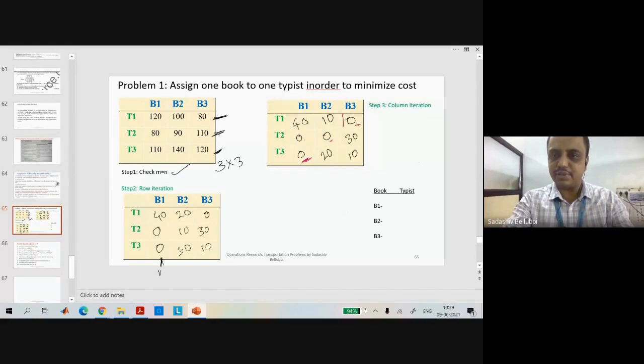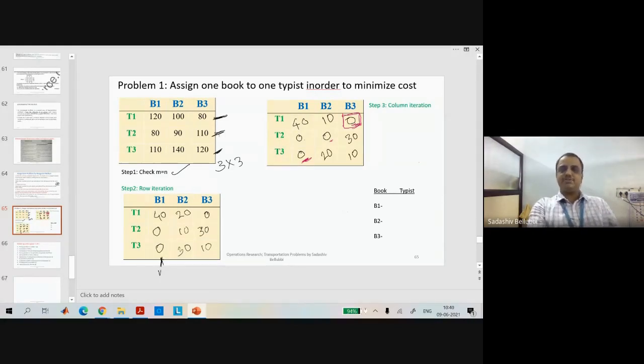If you assign this one, while assigning we need to make it only a box. In the previous case, while solving transportation problems, we were supposed to write a number in the box because the numbers were different. But here the supply and demand are equal, so no need to write that number, just make it a box. If you assign to this 0, then check, is there any zeros in the B3 column or the T1 row? If any zeros are available, then you need to cancel those. Here no zeros, so leave it.